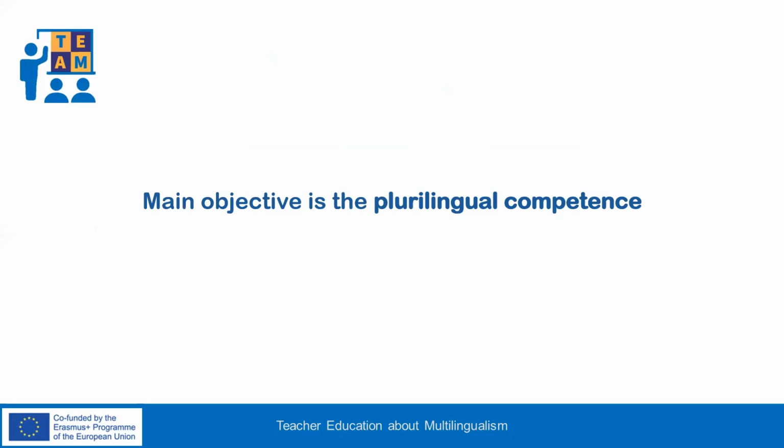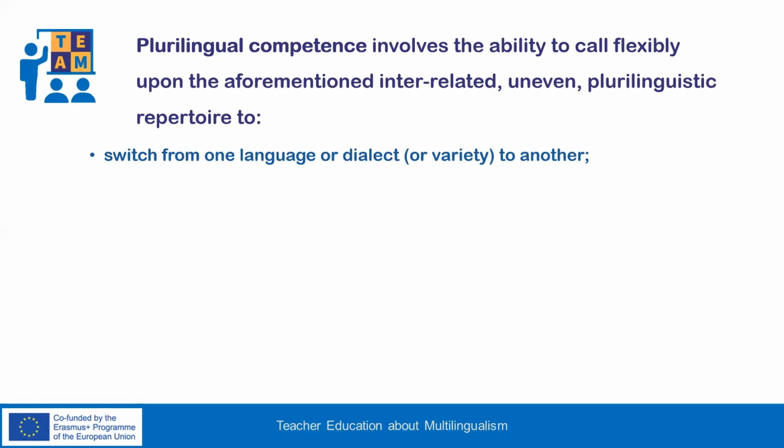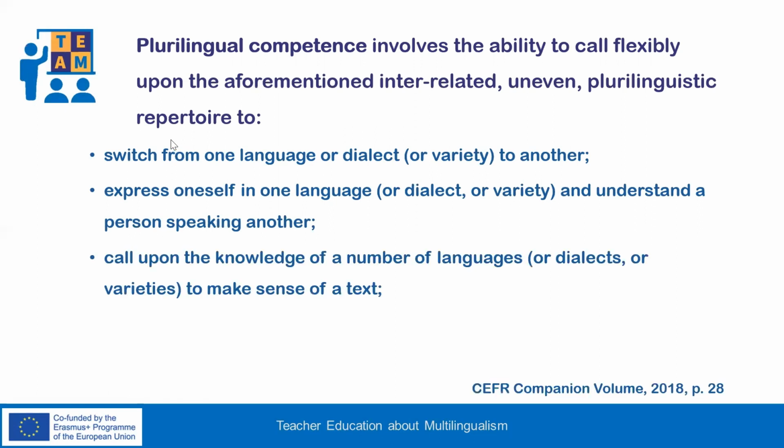If we had to single out the main objective of plurilingual approaches, this would have to be plurilingual competence. But what does such a competence entail? Plurilingual competence involves the ability to call flexibly upon the aforementioned interrelated, uneven plurilinguistic repertoire in order to switch from one language or one dialect or one variety to another, express oneself in one language and understand a person speaking another, call upon the knowledge of a number of languages or dialects or varieties to make sense of a text,